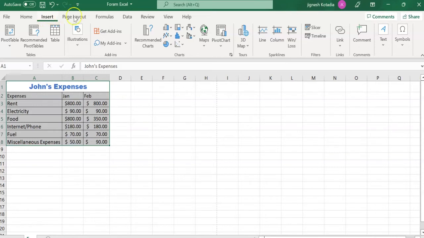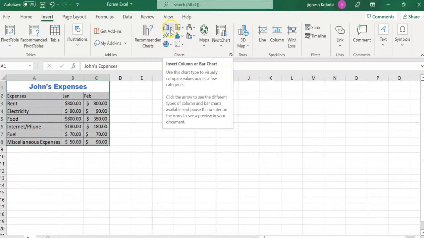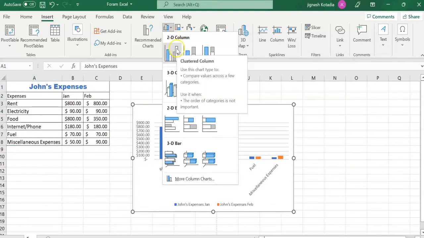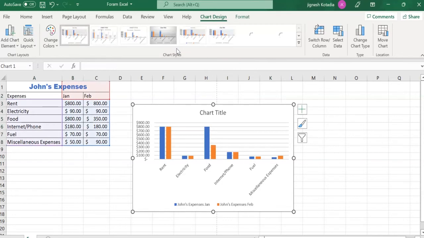So first the Insert tab and the chart section, and here, if you do not find the 2D chart, no worries. Here, Insert Column or Bar Chart, and you can select that. As you click on it, you will find the 2D column chart. So select the 2D column chart from the available options,